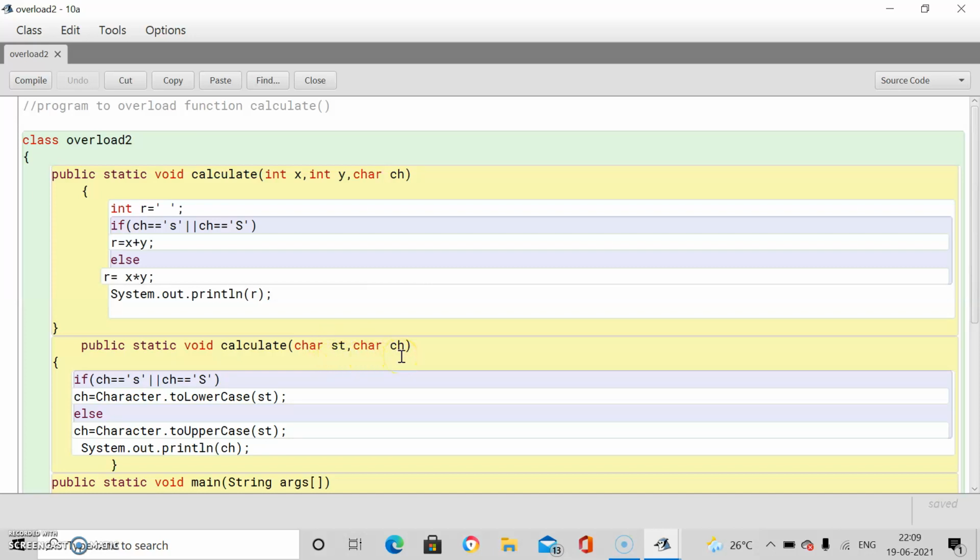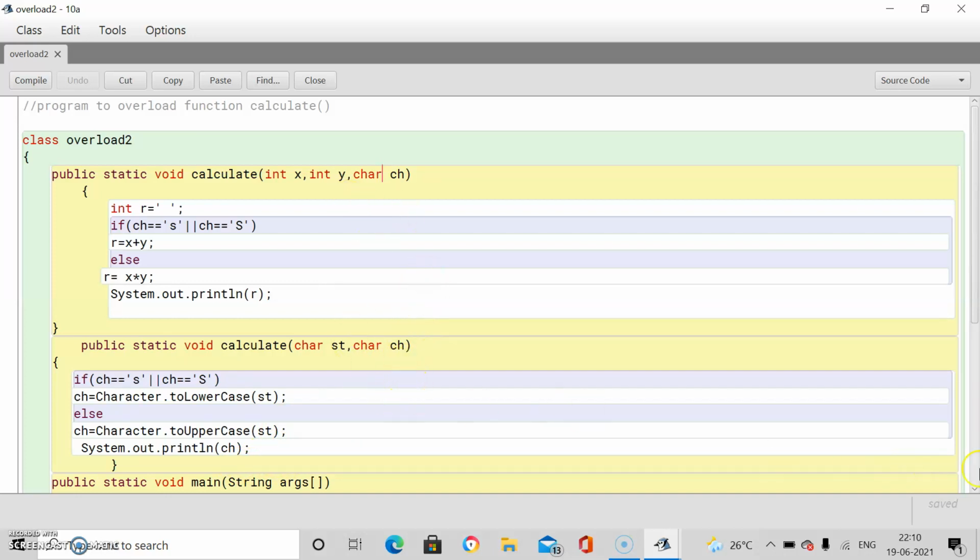Otherwise, if ch is not equal to s or capital S, then you have to print st in uppercase. Then you are asked to print st and the changed character, st and ch both. Just add one more statement in your program to print st also. I have not written it for st. So this is the question.